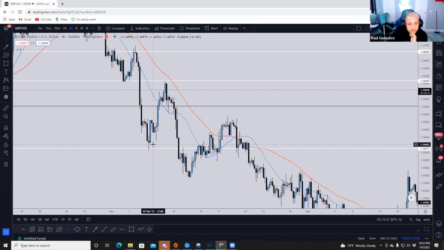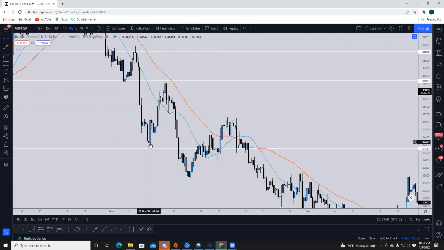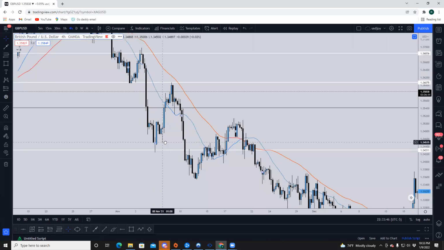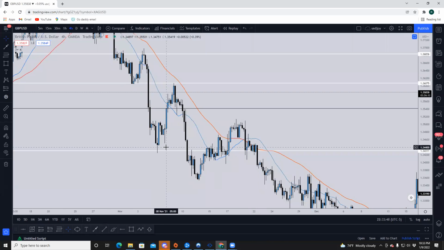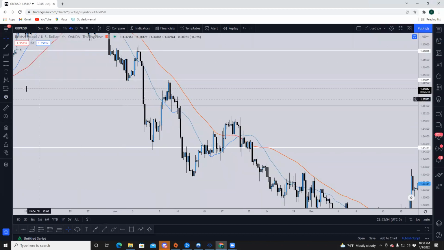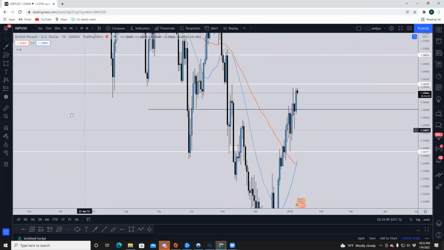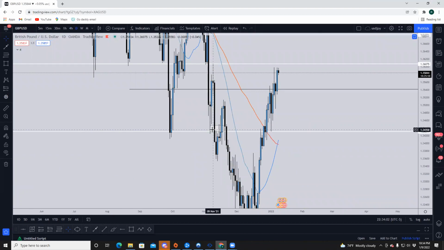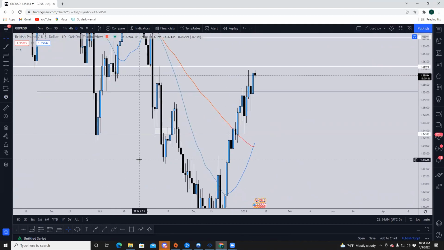I was back testing here, and I found myself trading breakdown retest on the 4-hour. But when I go to the daily, I see that the daily closure of this area was a little bit higher. So the best thing is to wait for the 4-hour break and retest or daily break and retest,